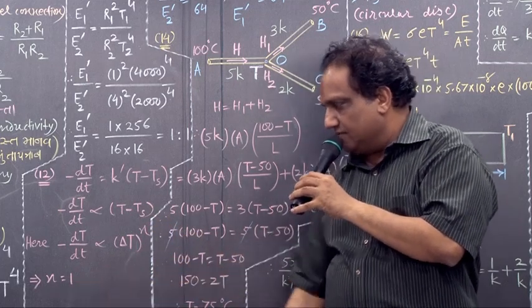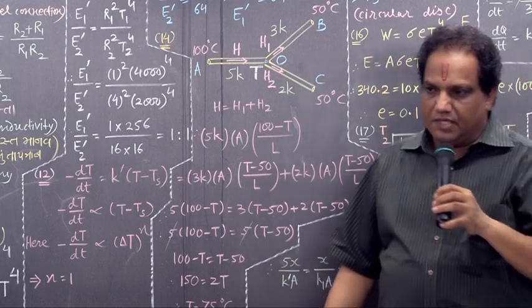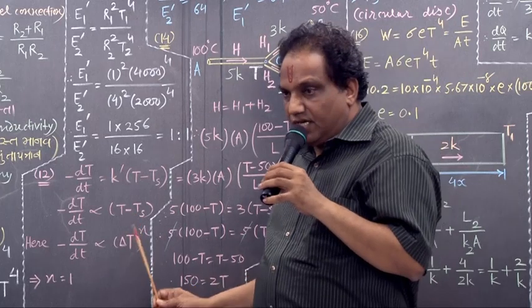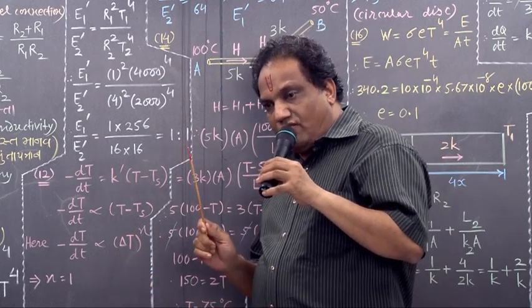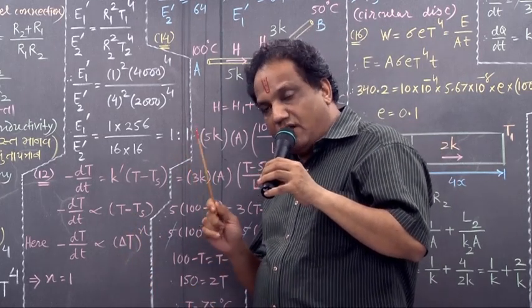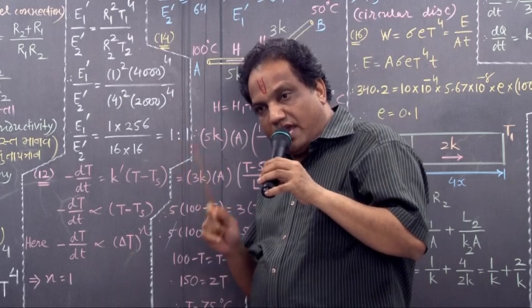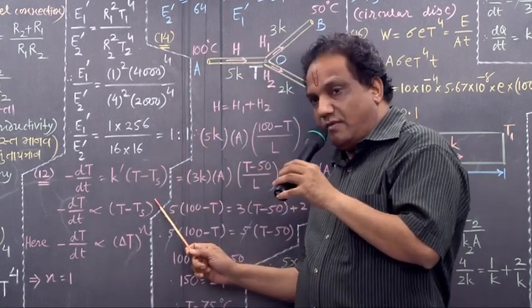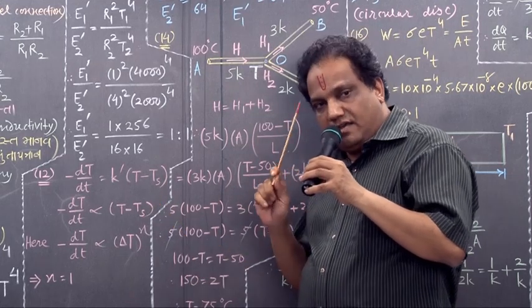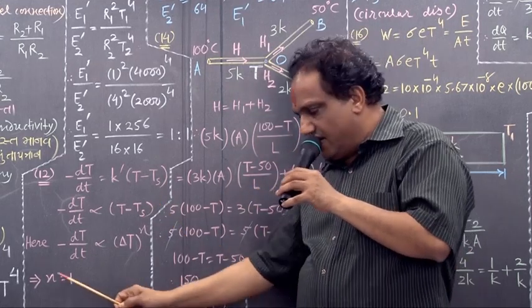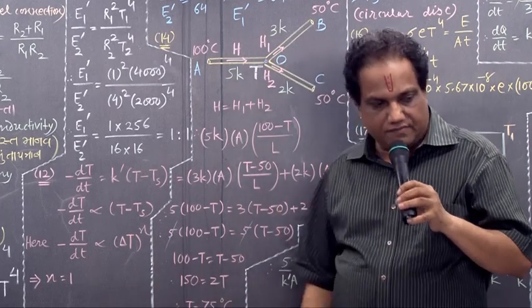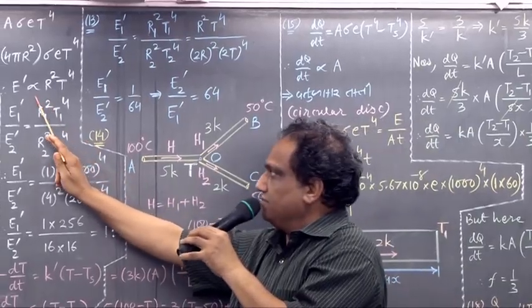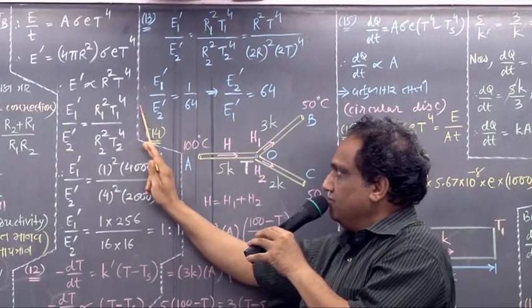Next. Suppose it is natural convection, then. The earlier case is forced convection. The law for natural convection was derived by Mr. Langmuir and Lorentz. At that time here it was 5 by 4. Remember that? So at that time n will be 5 by 4. Take care. I am using the same formula.